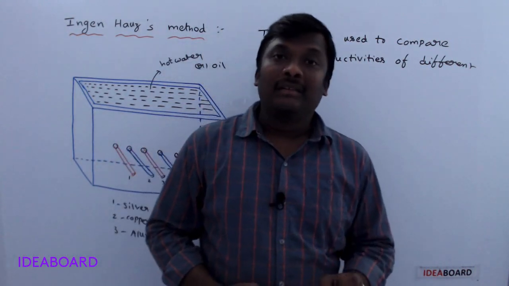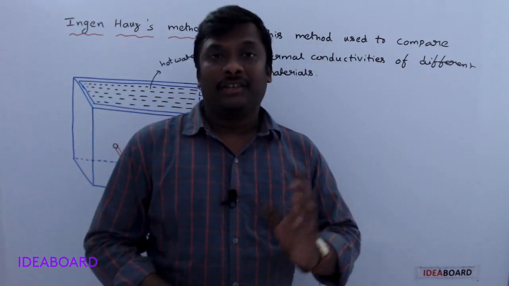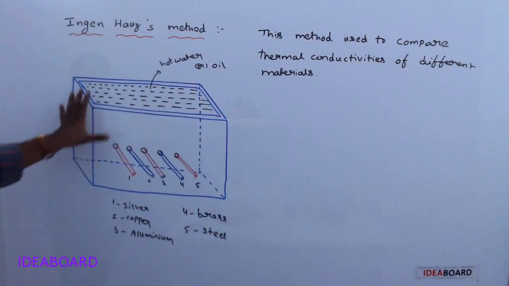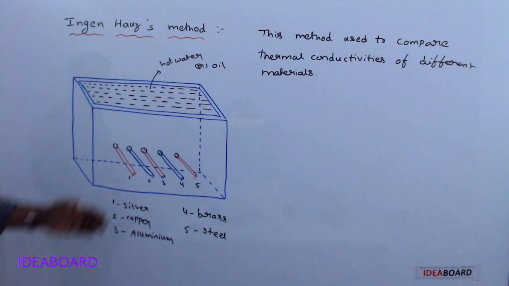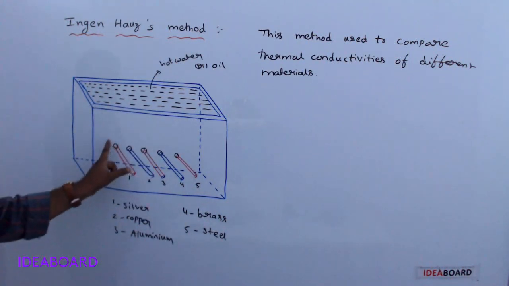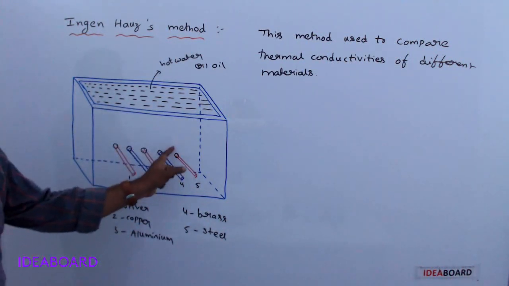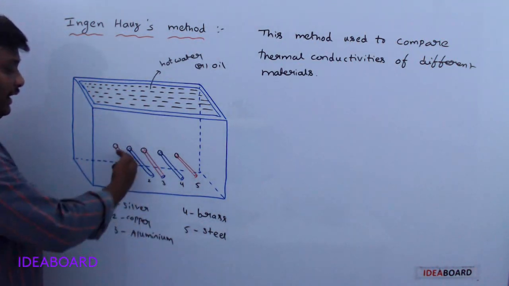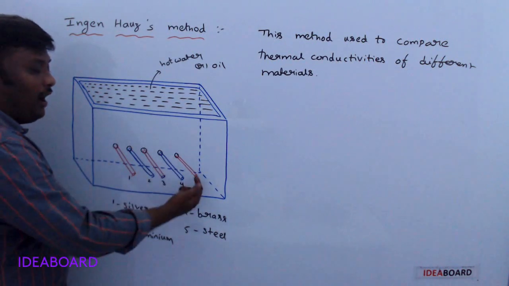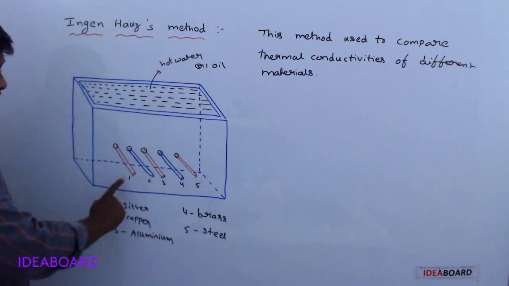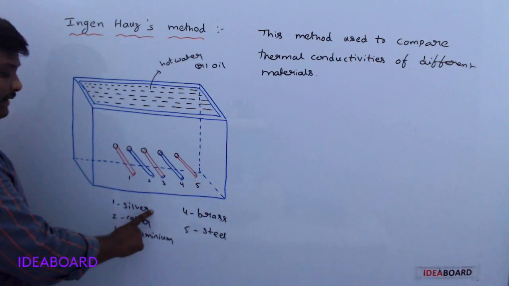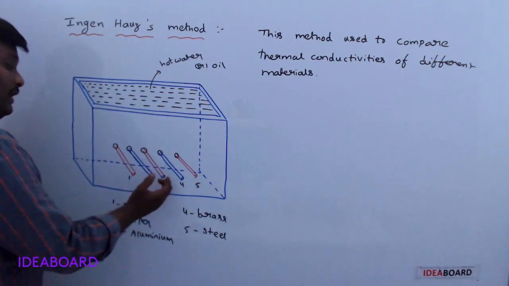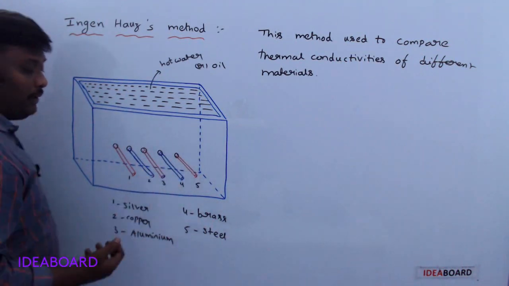Particularly silver is the best one. Now let us see. In this method, he considered one tank. On one side of the tank, we drill certain holes. On those holes, he fitted rods of different materials. The first rod is made of silver, second copper, third aluminum, fourth brass, and fifth